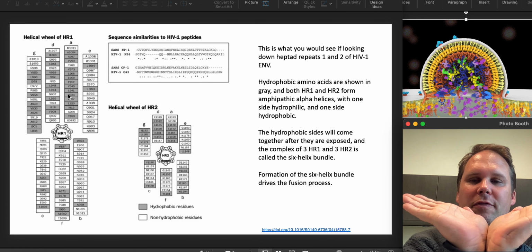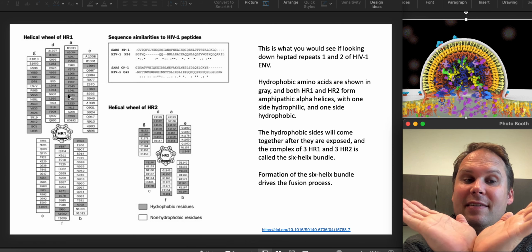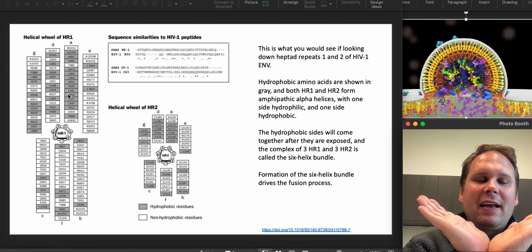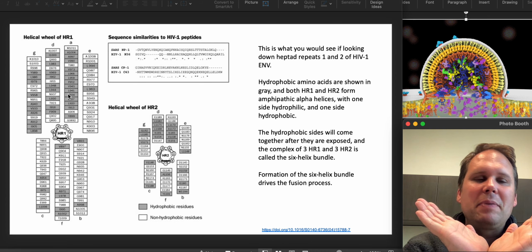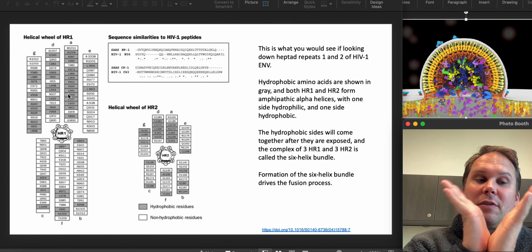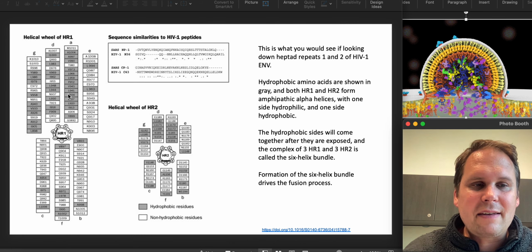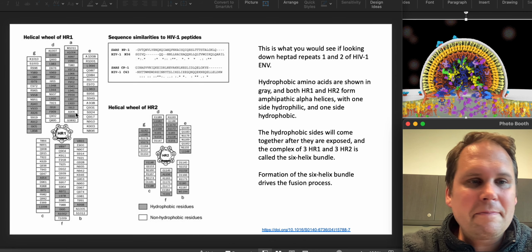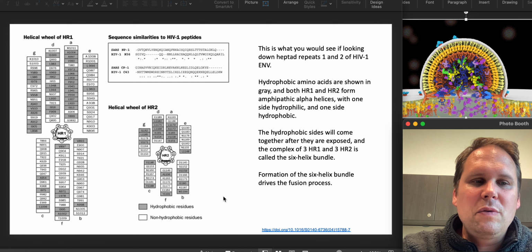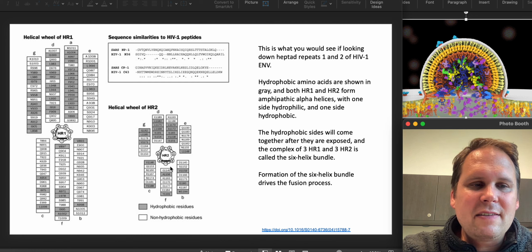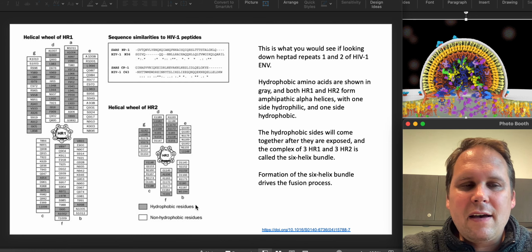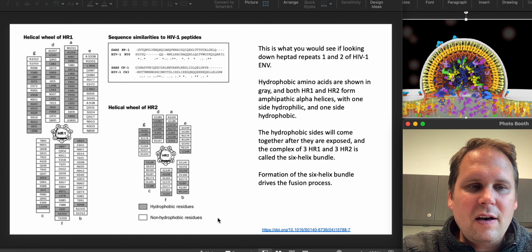And so the hydrophobic sides were nice and happy inside the envelope protein. But when they get exposed to the water, they get very unhappy in the sense that they are now bumping into water and they are hydrophobic. And so they will actually come together, just like that. And the two hydrophobic sides will end up in the middle of the sandwich. And that process of the hydrophobic sides basically retreating from the water and binding to each other is the force that is going to cause some of the fusion to happen.